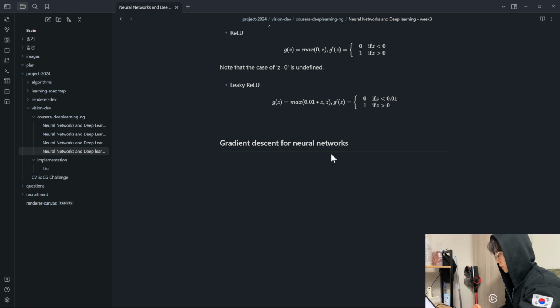And then finally, the gradient descent update would be to update w1 as w1 minus alpha, the learning rate, times dw1. b1 gets updated as b1 minus the learning rate times db1. And similarly for